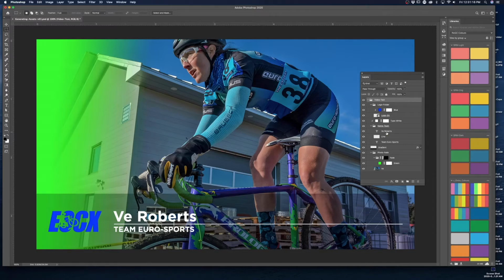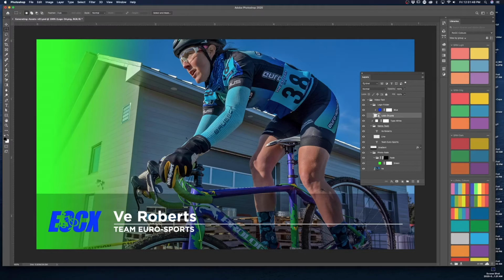So the first one that I'm going to create an asset for is just the logo here. And you'll see here the logo in the bottom left-hand corner, the EOCX logo, the blue logo. I have it as a smart object. And the way in which you activate generating assets is by changing the name of the layer. So right now it is logo-SA, nothing. That's it. And all I have to do is, at the end of it, add a